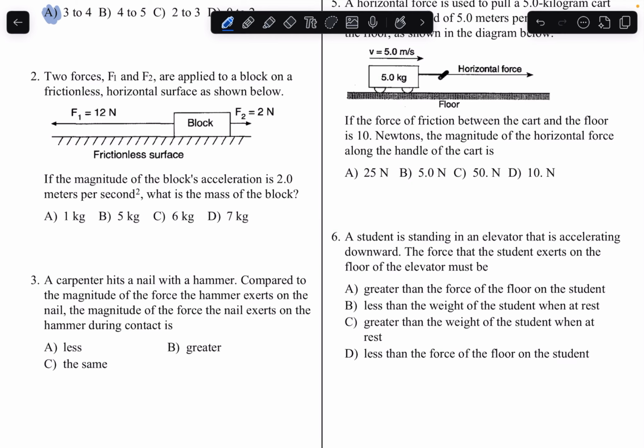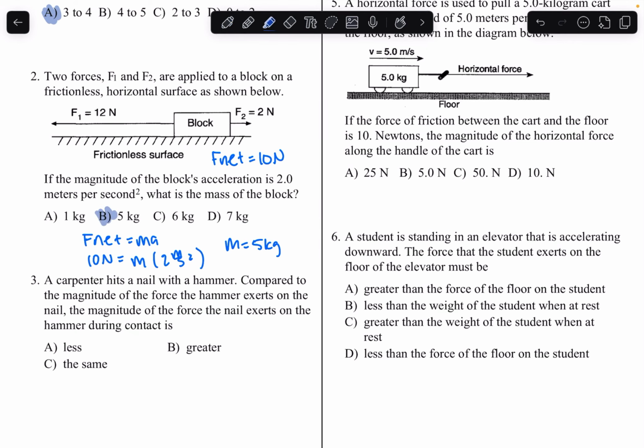So there is a net force, F net, of 10 newtons. So we just plug this into the equation, F net equals ma. So 10 newtons equals mass times an acceleration of 2 meters per second squared, and that is a mass of 5 kilograms, which is